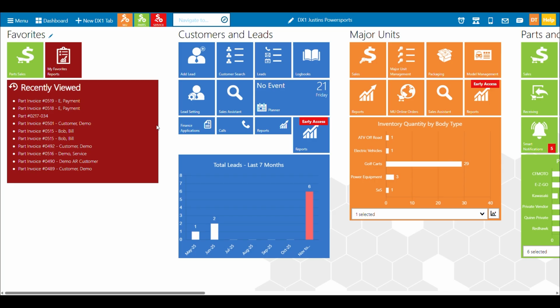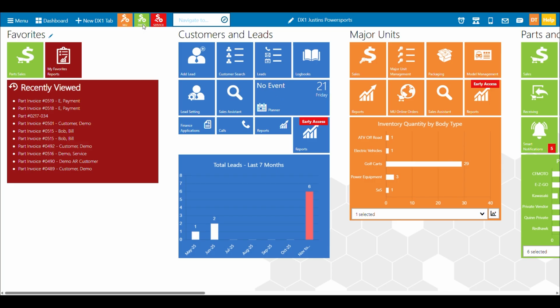And then there's the instance where maybe a customer's ordered a part from you, like an exhaust that they were going to install themselves. The part comes in, you let them know. They change their mind. They'd like you to have the service department install it. And so there's a way to move that standalone parts invoice to a service invoice. So that's what we're going to take a look at right now.